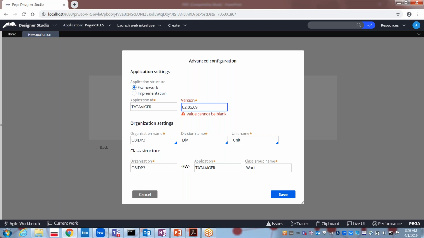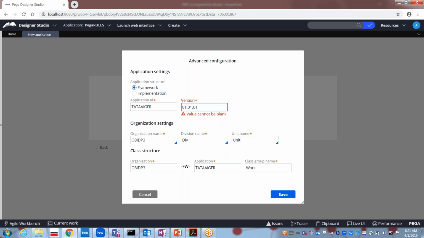So what do all these things mean? What does it indicate? What is the purpose of this? The first two parts are called the major version and the minor version, and then this is the patch version. Major, minor, patch. Totally it will have three parts. For example, initially it would be 01.01.01. As this is the very first thing I am going to create for this company, it will be the initial one, 01.01.01.